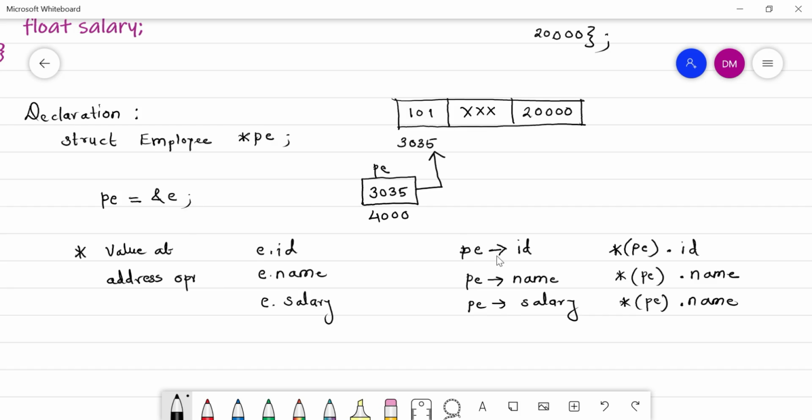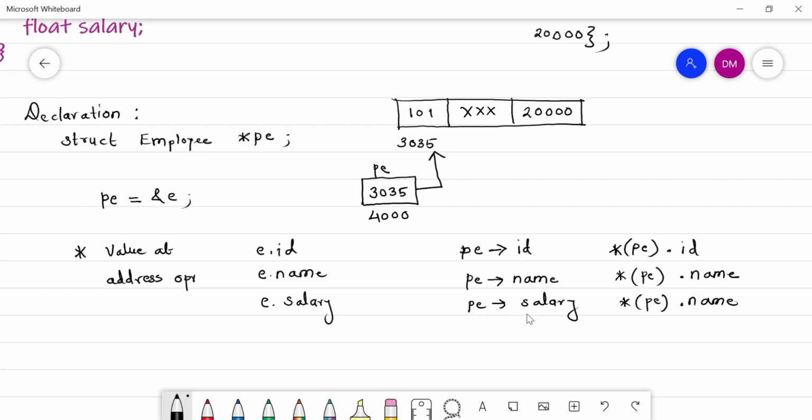If you want to access an element of a structure using a pointer, you will use the arrow operator, written as the minus or hyphen sign followed by the greater than sign. You can use the other notation also, but it's quite complex, so generally we follow this notation. It is very simple if you are aware of pointers in C from the beginning.